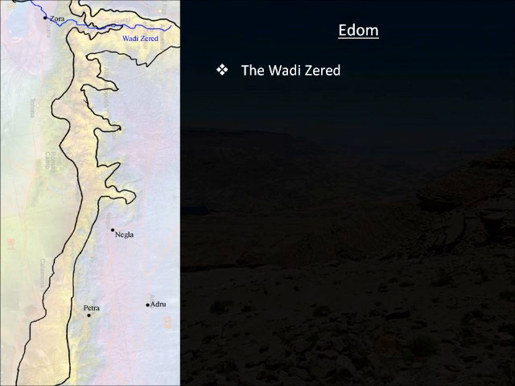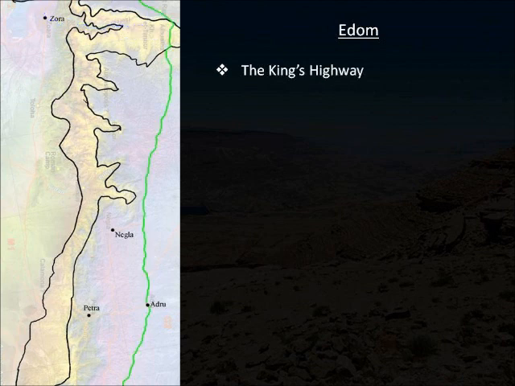Now, as we pointed out before, the Zered is in the bottom of a pretty large canyon, so make sure that your river goes through the various tip areas of that canyon, and it flows past the city of Zorah, and then finally empties out there at the top of the map into the Dead Sea. Okay, yep, that does it for the rivers. Not much to see here, folks.